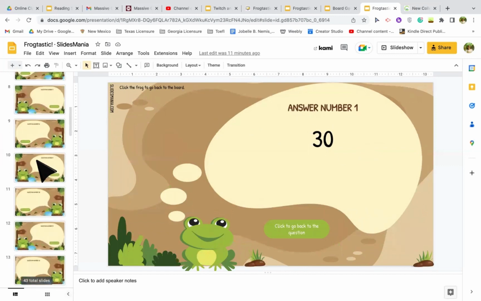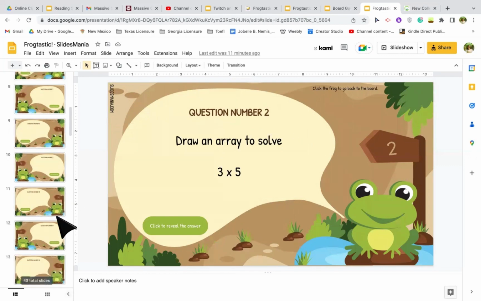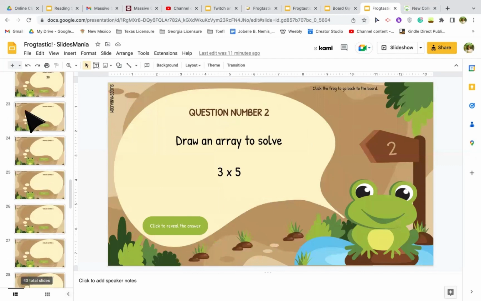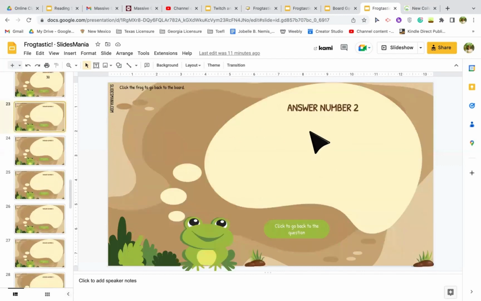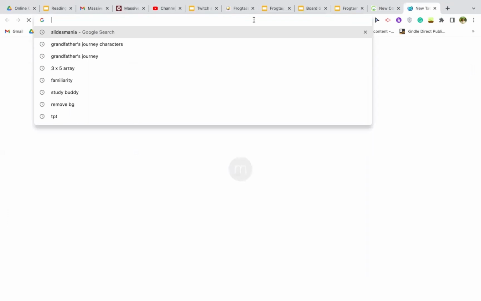That's one question. Now, on slide 3, you can also put another question about math. Draw an array to solve 3 times 5. So go to slide 23 to put your answer for number 2. So 3 times 5,